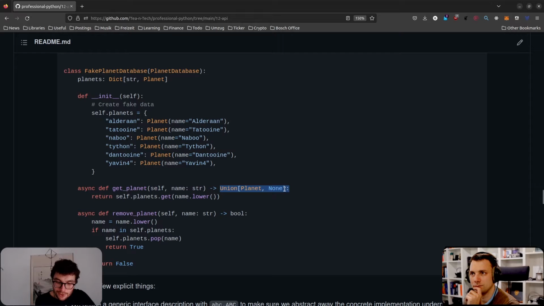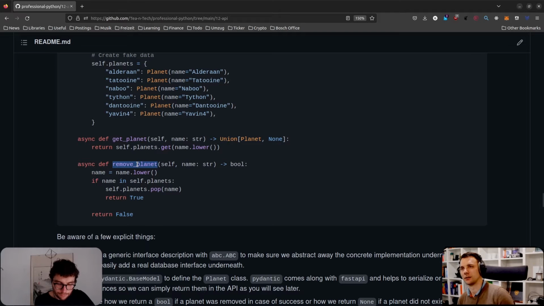So you see, here in the function signatures, there is actually already some knowledge of what I told you before. You have to think about the non-case, right? Yeah, you need to think about what could go wrong to tell the other person later. For example, here, remove planet is very similar.